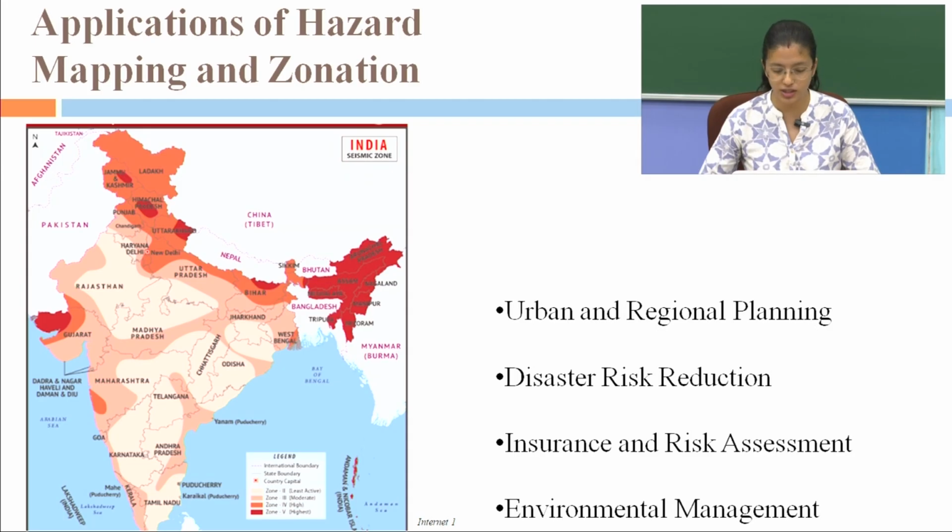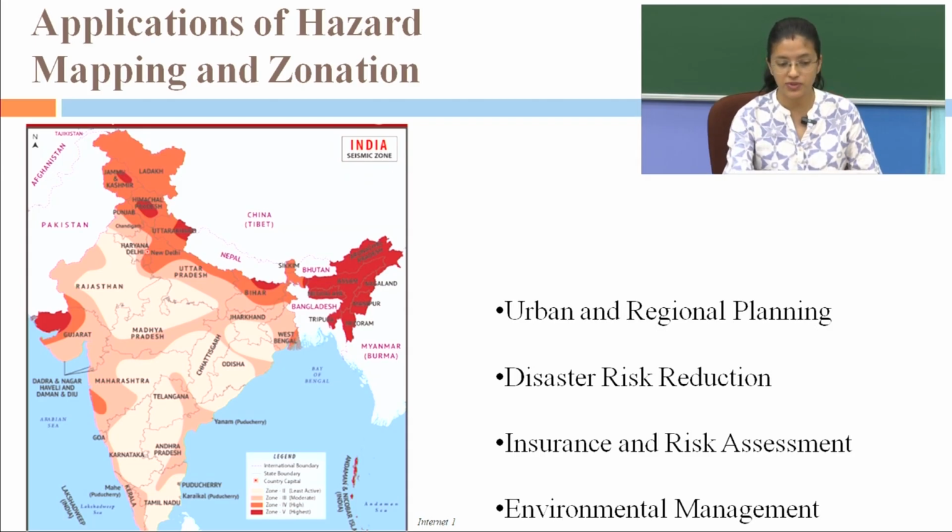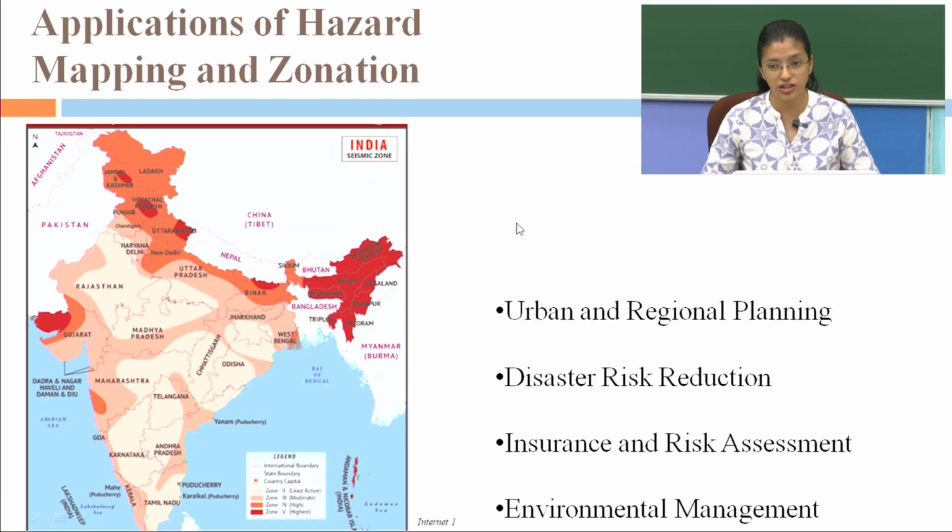measures and resource allocation. These hazard maps are very crucial for urban and regional planning, that is, it guides the development of infrastructure and settlement away from high risk zones. It also informs the design and implementation of mitigation strategies such as early warning systems and insurance for potential losses and setting premiums based on hazard exposure. Also, it supports conservation of ecosystems that can mitigate hazard impact, like wetlands reducing flood risk.